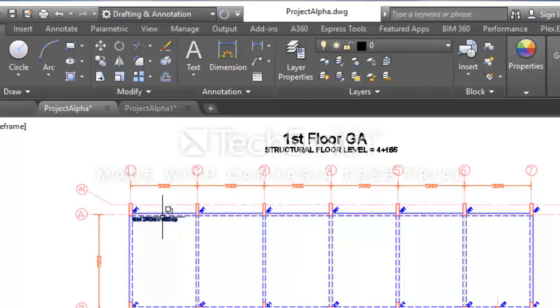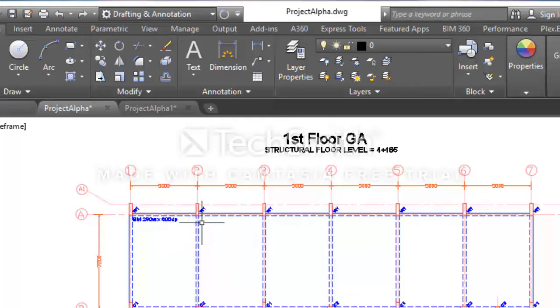So it means that beam A1 to 2, 2 to 3, 3 to 4, 4 to 5, 5 to 6, and 6 to 7 are 230 wide by 600 deep beam. So I am only using a single label to represent the 6 beams along the line A. I will not duplicate this label for all the 6 beams because I don't want my beam to be cluttered.